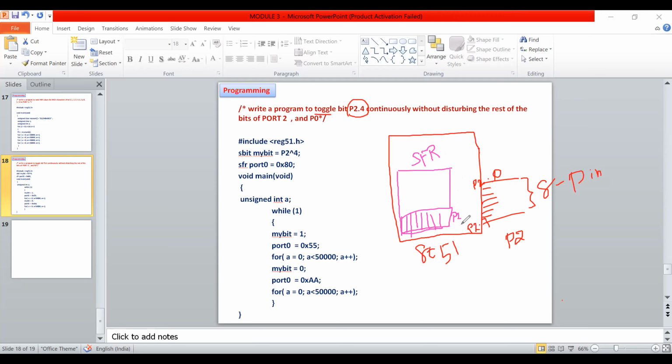If you control using this register and place a 1 here, that is P2.0, if you set it to 1, then this will reflect here on the pin.